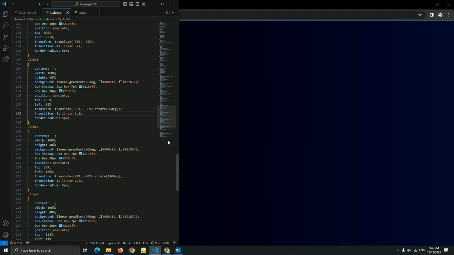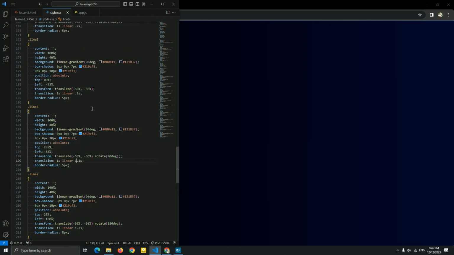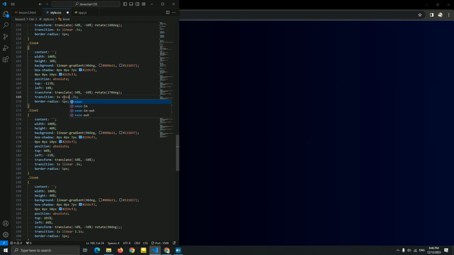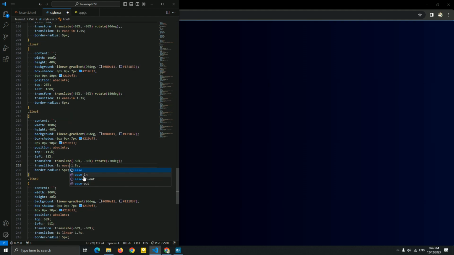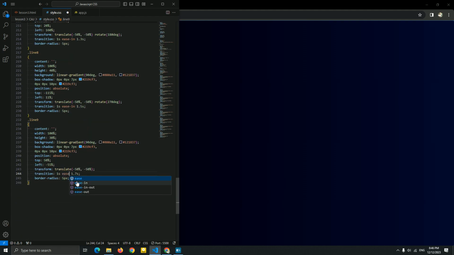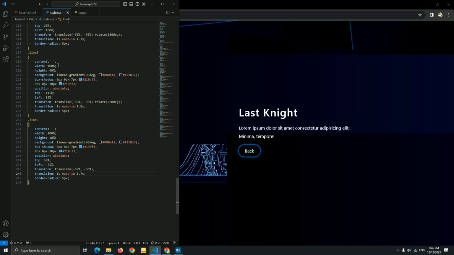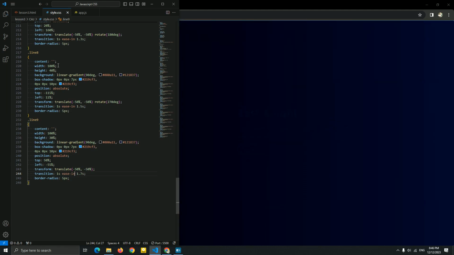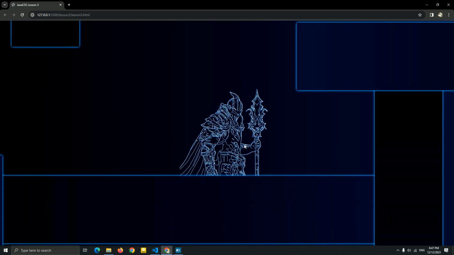And I didn't add a cubic bezier because linear is better and has a slow animation to start it. This is why I add this linear instead of ease-in or ease-out. So if I just add ease-in, you can see what's happened. I'm gonna do it quick. Now we add ease-in instead of linear to show you it's the same animation but a little different from the linear.